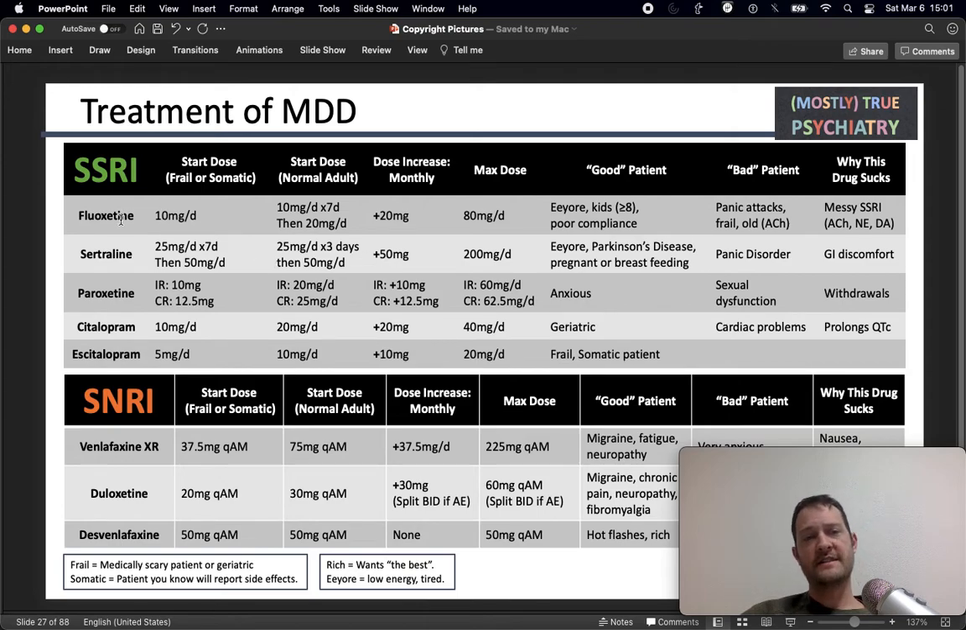So we'll start with Floccitine. Everybody starts at 10 milligrams a day. It's a very slow drug, right? It takes up to 35 days for some people before it's at steady state. So everybody starts at 10 milligrams a day, but normal people after that first week, you go ahead and bump them up to 20. You should just go up at 20 milligram increments, because if you went up 10 milligrams,